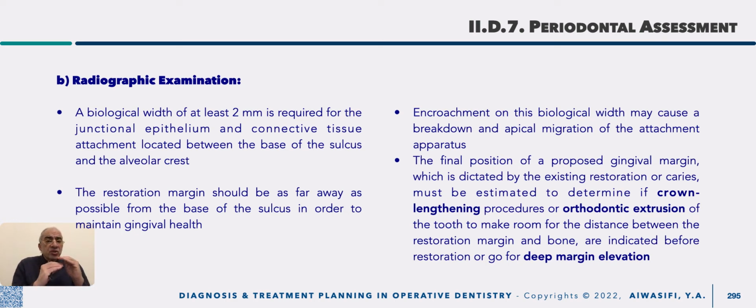It is near the bottom of the sulcus, but not encroaching on the biological width yet; it is at the baseline, at the deadline, as they say. In such a case, you are not in need of surgical crown lengthening, but you need deep margin elevation,